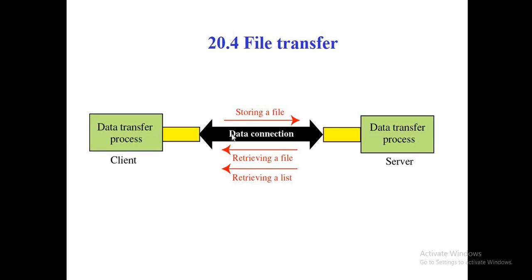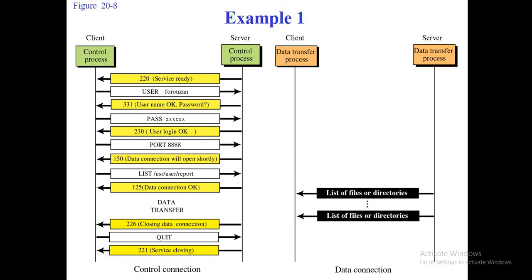Now, this is how the file transfer process works. So this is the data connection. Once all these are done in the control connection, then comes the data connection. How the data connection is established, I just told you. The client issues a port command and then the server initiates an active open on that port. Server port will be 20 and client port will be whatever the client says in the port command. Then storing a file, retrieving a list, all these are things that you can do in a data connection.